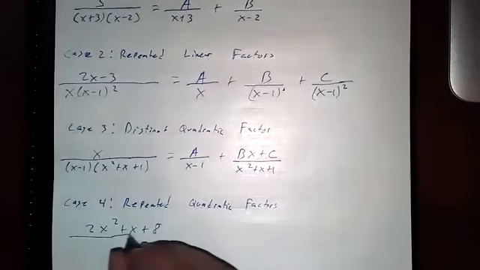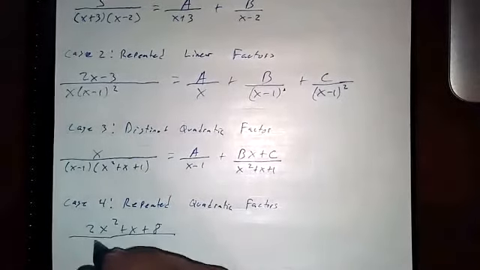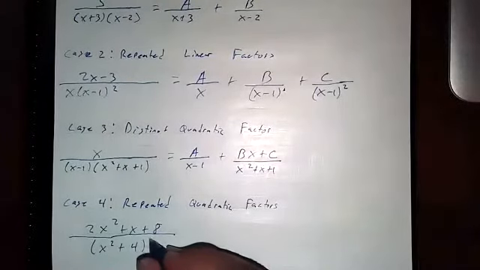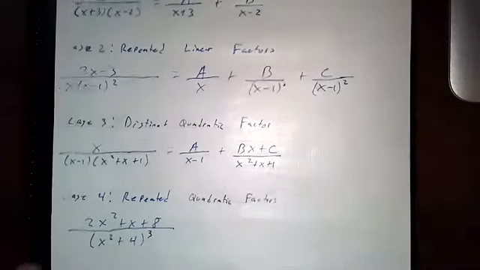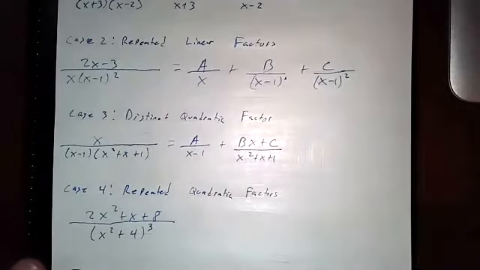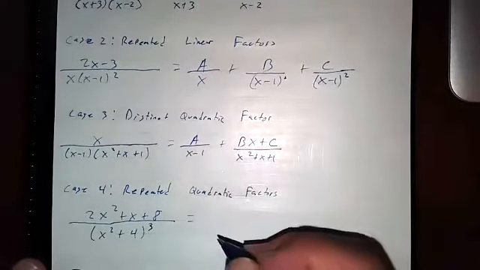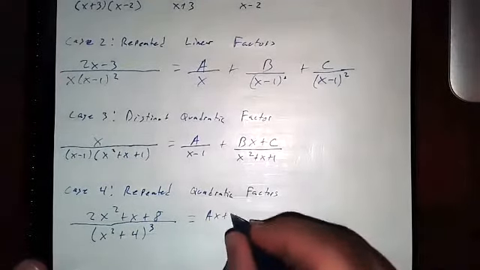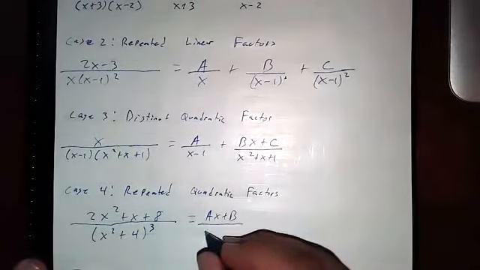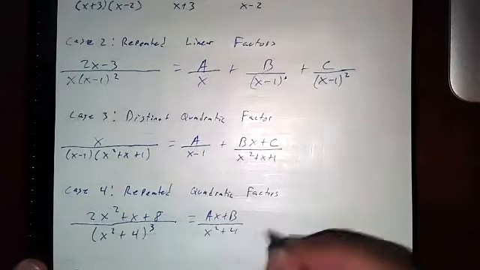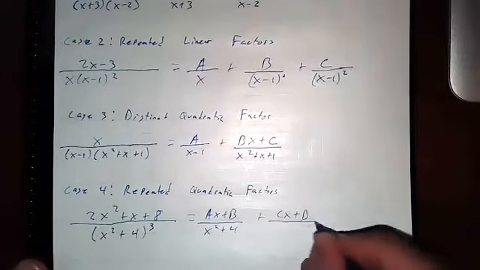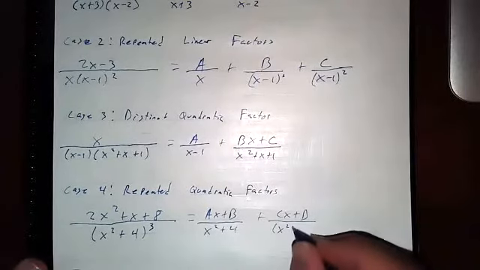Let's say the bottom is (x squared plus 4) cubed. So since it is cubed, you got to do it 3 times. So Ax plus B over the first one, plus Cx plus D over this one squared,